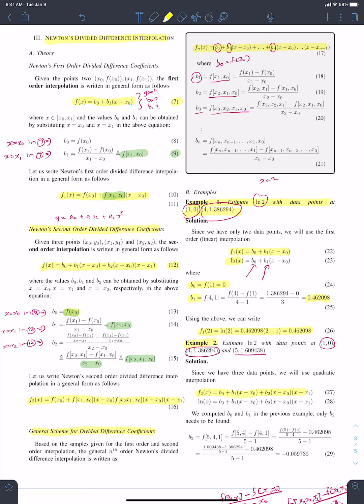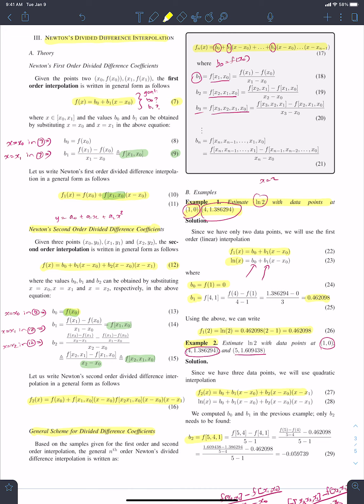Equation 28 is redundant, since the data points are the same. That's the advantage of Newton's divided difference formula. It is only true if the previous points are the same. B0 and B1 are already computed. It is not going to change. We saw that in the theory before. So I only need to compute B2, which we know is